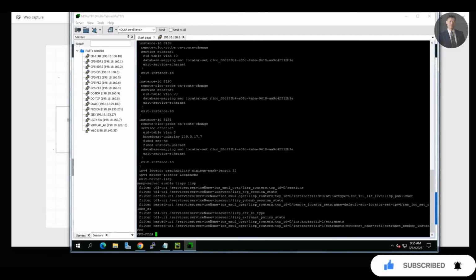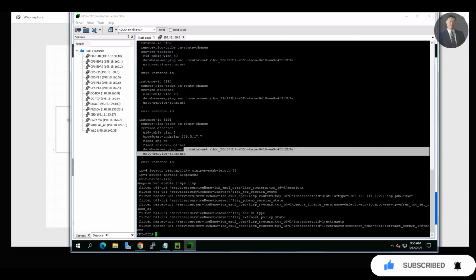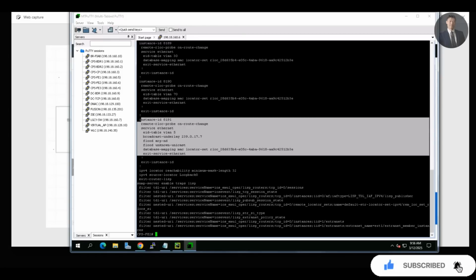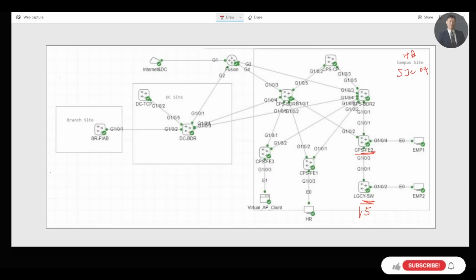Under service Ethernet, the VLAN 5 endpoint ID table is added along with the underlay multicast group address for flooding behavior. Now we have a legacy L2-only